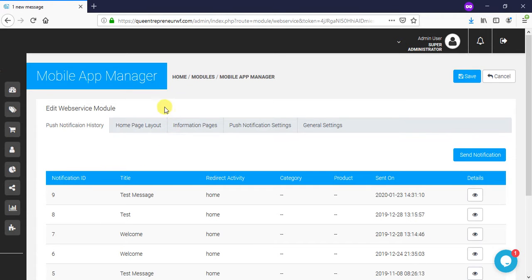So in the mobile app manager page, this page is only available if you have purchased the mobile app module for your online store. This page is only active if you have Android and iOS mobile apps for your store. So to send the push notification,